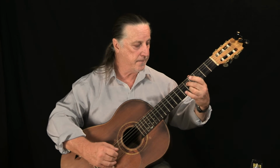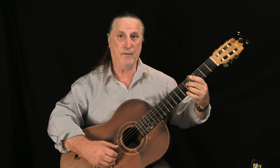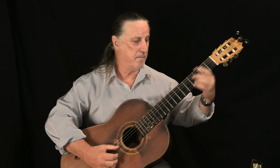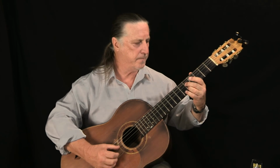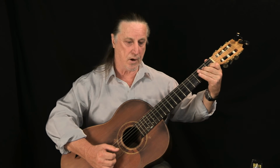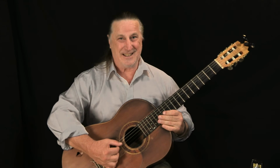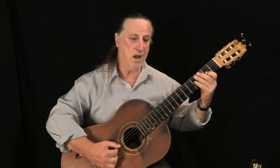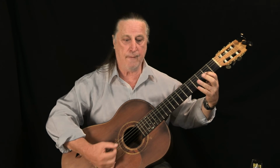So in A, they're both 5th frets of the 4th and 3rd string. These 2 and 3 fingers. Is that right? Yeah, that's right. That is your turnaround. So back to the D chord and put all of that second half of it together. 3 and 4 and 1, 2 and 3 and 4 and